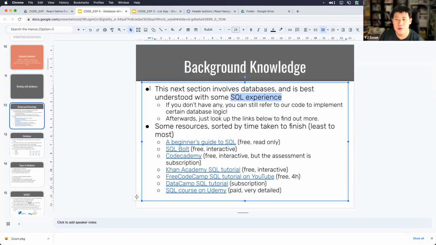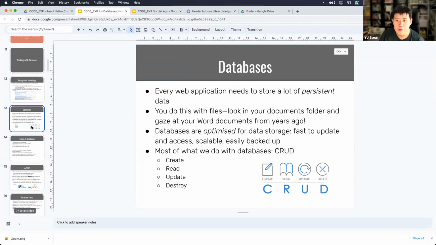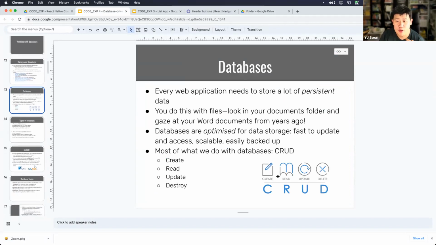All right, so if you're really interested in all this, there are a lot of little tutorials you can go through. These are all available in the slides. Okay, all right, so essentially, right, when you deal with a database app, you're doing 4 things: create, read, update, and destroy. Okay, so we call these things CRUD apps. Okay, and a lot of apps out there are CRUD apps. They just deal with data that you create, read, update, and destroy.